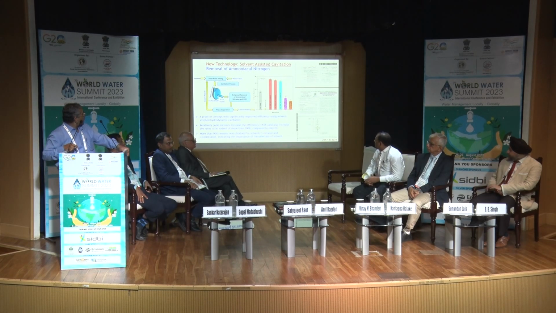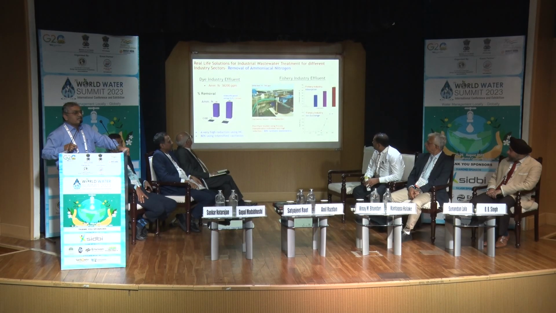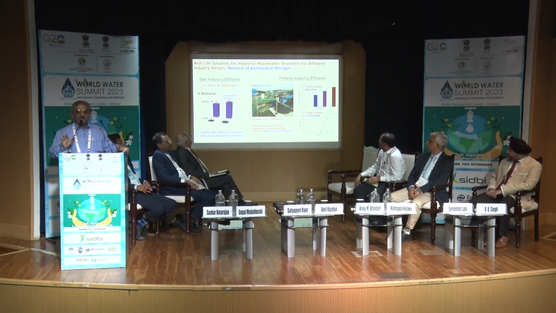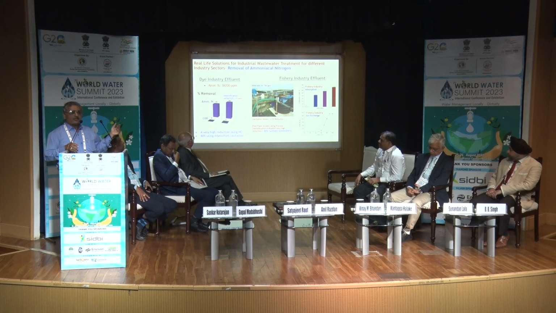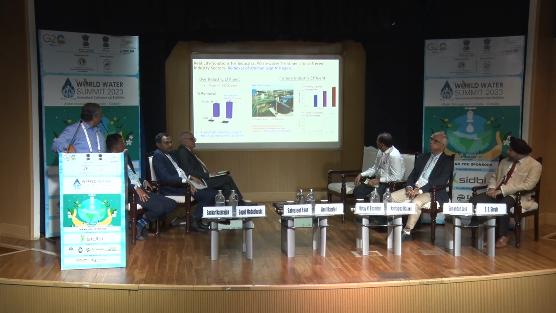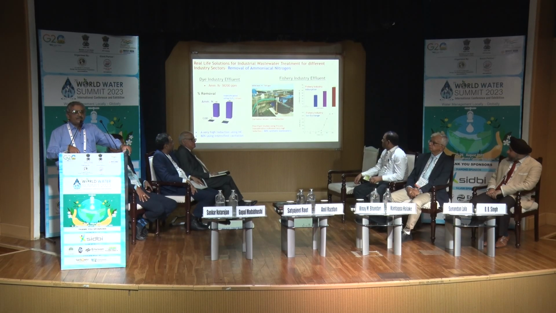Next slide please. Now I will give you some examples. Fishery industry effluent. Now fishery industry effluent is almost BOD containing, so biological digesters take care of that effluent. Ammoniacal nitrogen, as I said, is the main problem, and then this technology can be very useful. You can see the temporary installation in the fishery industry. Okay. Dye industry also has a similar example shown there, where we get something like 82% removal.